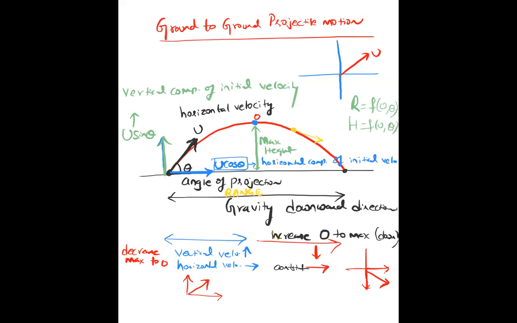Now, shall we derive the formula for the range and maximum height? And also one more thing, we are going to find the equation of this path, the equation of the trajectory of the projectile. That also we are going to derive. While deriving the equation, I will explain it. That is another topic, so I'll explain one by one.